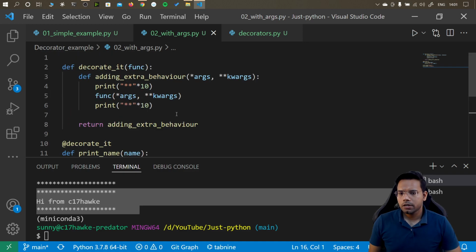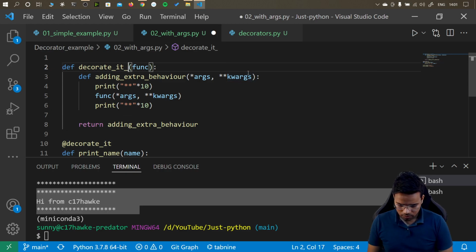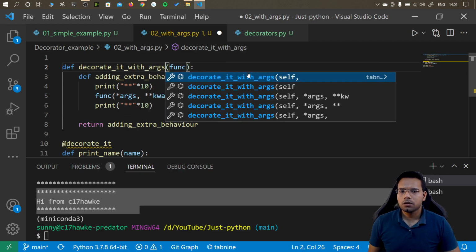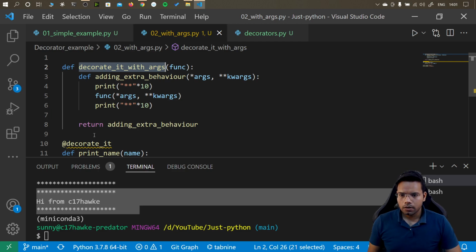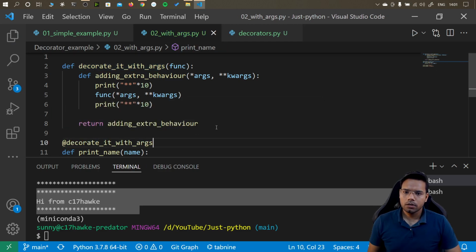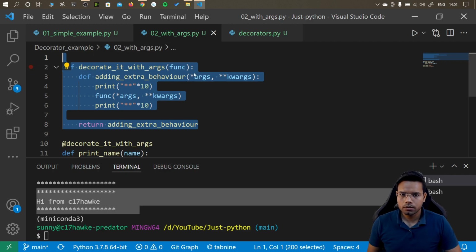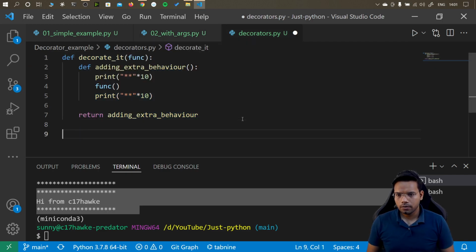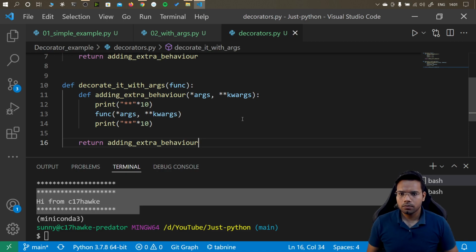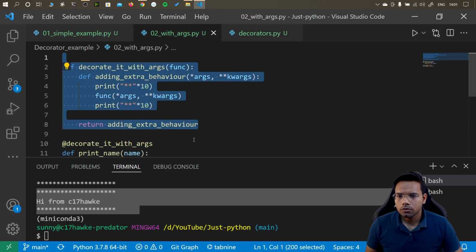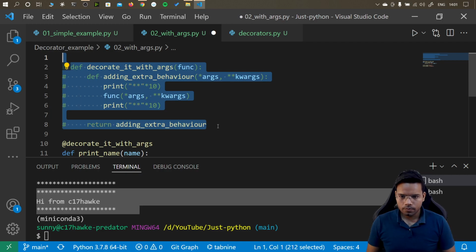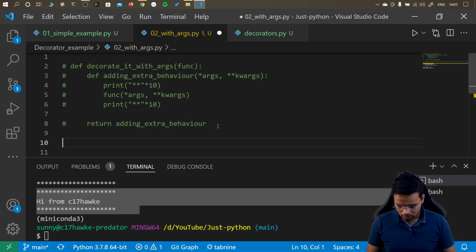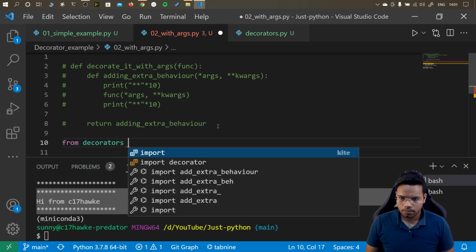Now my function is also expecting some argument as well. So, decorate it with args. Let's call this one, and I will copy paste it into my decorators file, where I can mention this decorator. I will keep it there so that it looks cleaner. I will comment this out, and instead of using this way, I'll just call this from the decorators, from decorators import